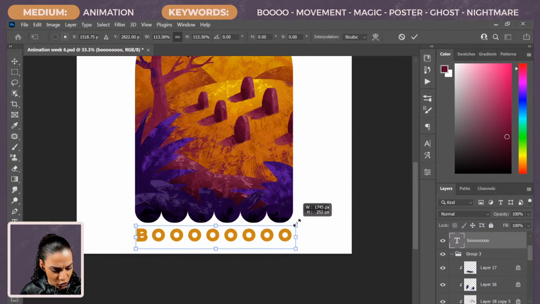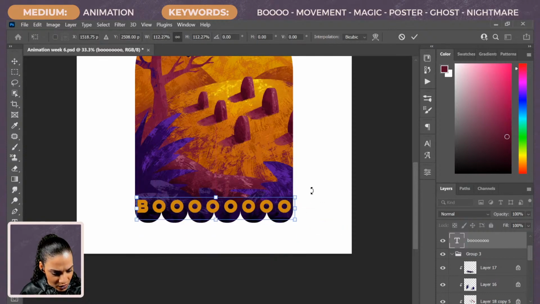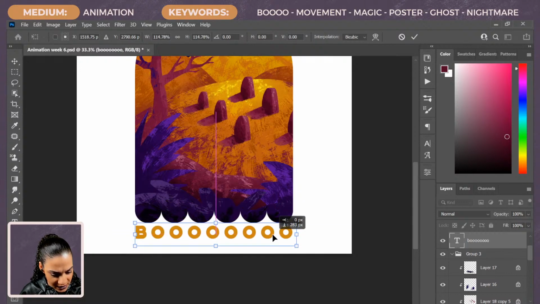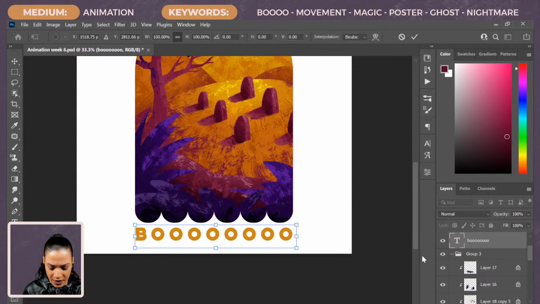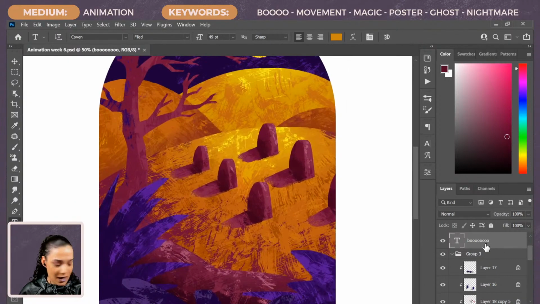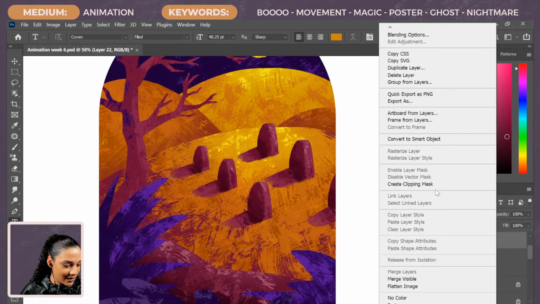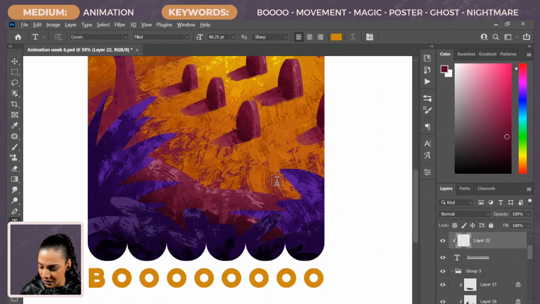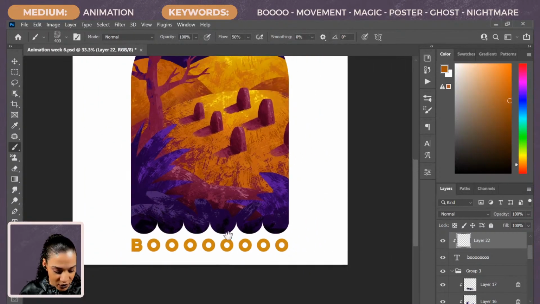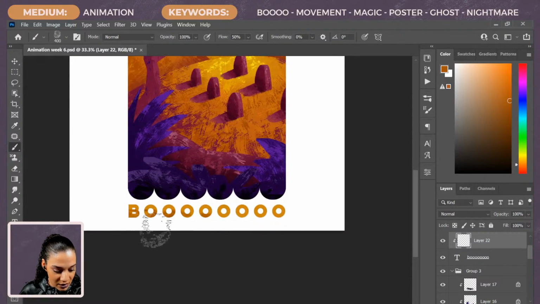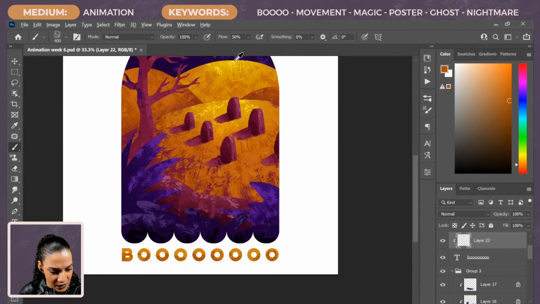I'm going to transform this and make it a little wider, and really bump that to the edges like so. There we go. Bump it down even more. And then I'm gonna make a clipping mask, and let's grab some of these darker shades of orange. Let's scrape across the bottom of our text. And then let's grab some of this light yellow and hit the top.